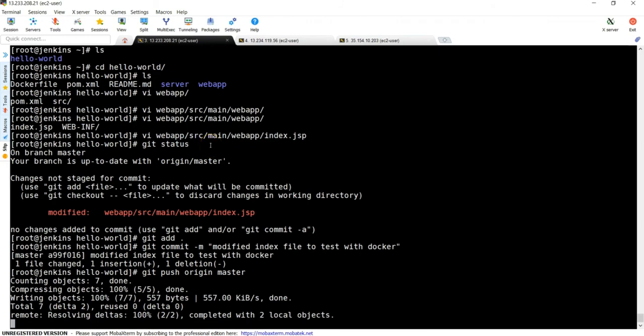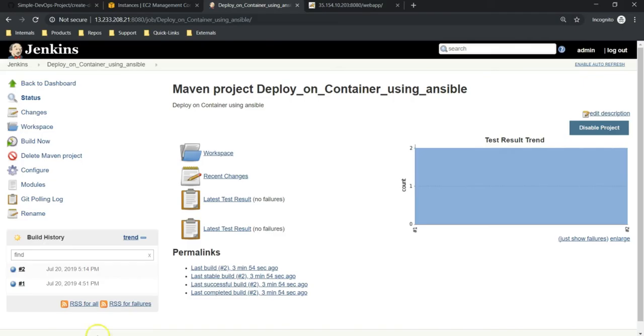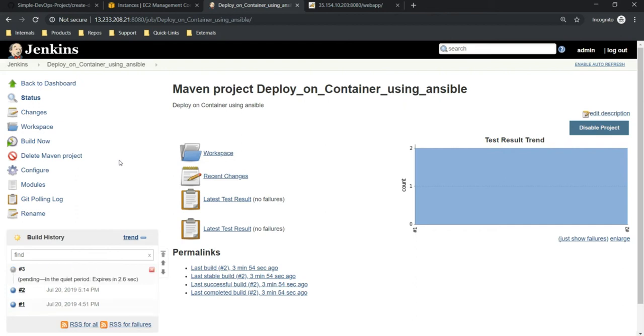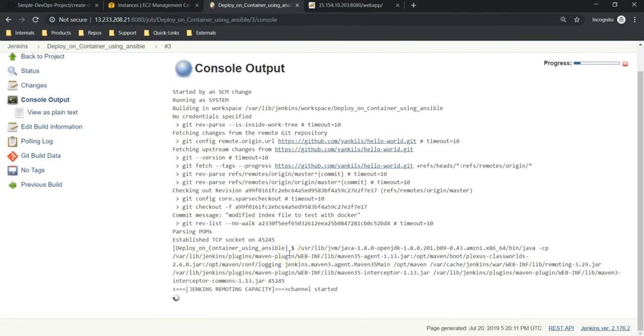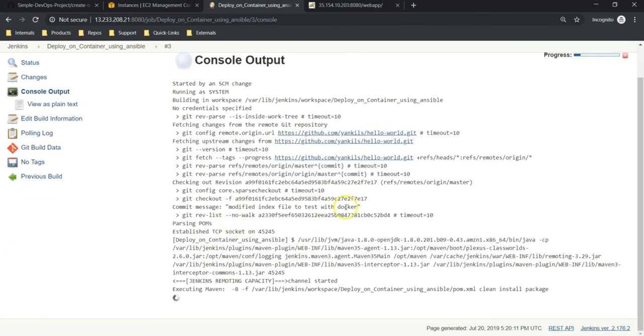Okay, there is a change in our code. Once the code is changed, it should identify it and execute the job. Let's wait to see the new job triggering. For sure it is going to fail. I will tell you the reason. It's executing the job. So the new commit you can see here.